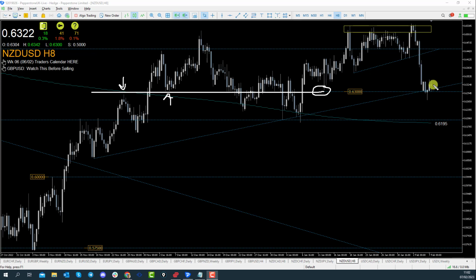So I'm looking to see if price will recover a little bit of these losses that we've had before seeing a continuation on Kiwi. Alternatively, I want to see 0.63 broken through, and then maybe we'll get a retest on the other side before seeing some downside. Either way, I'm looking for a safe place to put stops, because if I was to